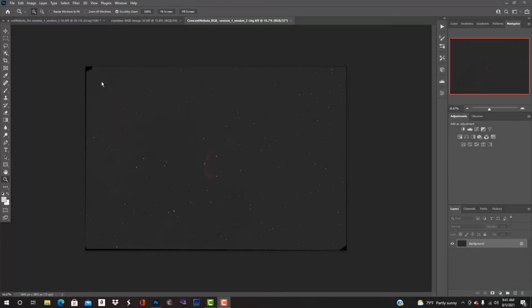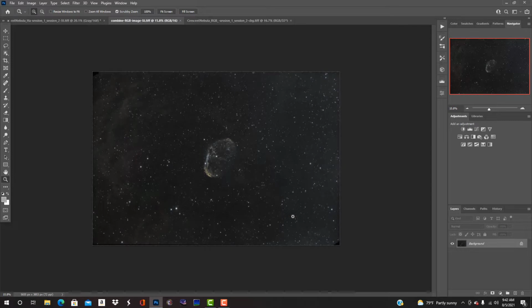Alright guys, here we are in Photoshop. I have opened here the Crescent Nebula. I have 3 files opened here. I got one RGB. I did use the L-Extreme filter, so I stacked each one of these in Astro Pixel Processor. The first one I did an HA O3 color stack, and that's what this one is. And then I did a combined RGB with the HA extract, O3 extract, and O3 mono, and I combined those